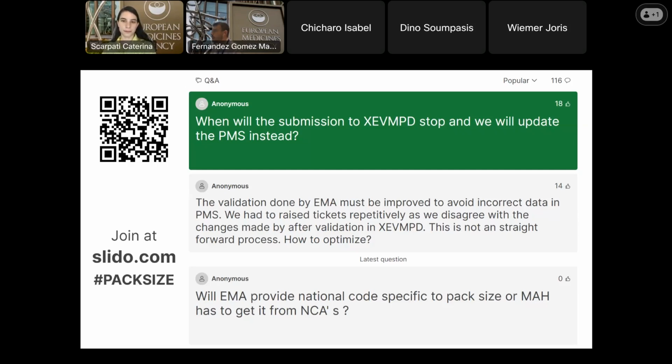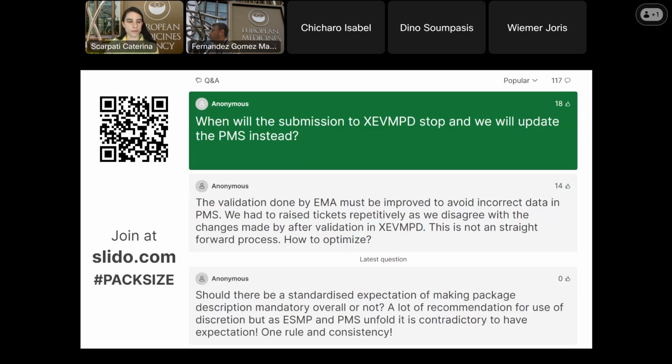We are defining a strategy and having discussions internally on how and when we can decommission XEVMPD. For the moment, we are just in those discussions and trying to prioritize this EPIC, so we don't have additional information on when XEVMPD will be decommissioned. As soon as we have additional information, we will make it available. But for the moment, XEVMPD remains in play, and therefore all these submissions should be done through XEVMPD, and you need to maintain